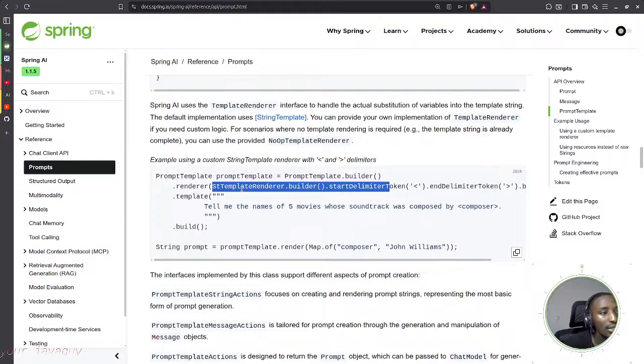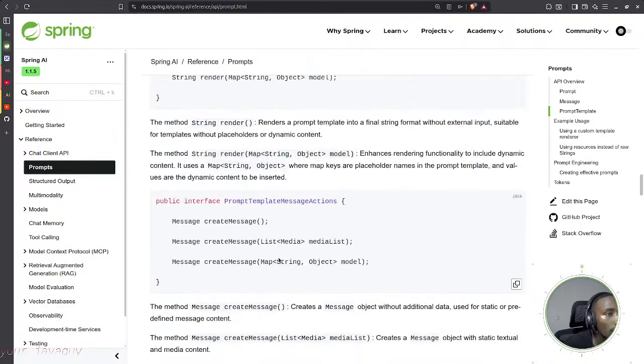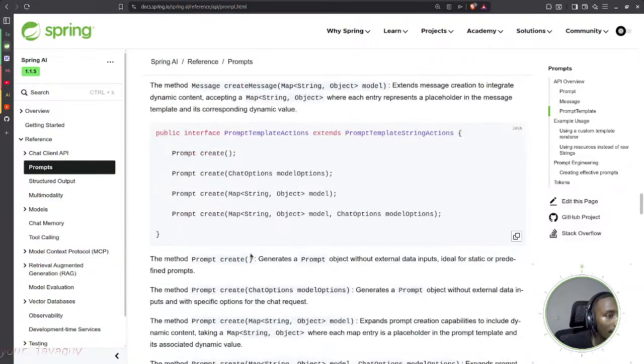But if it's using the string template renderer, you can pass your own delimiters, which tells me that when I meet these angle brackets, it means, okay, this is, for example, the composer, and then I'll map the composer to this. But this is a lot of work in all honesty, which I wouldn't want you to do. So there's a bunch of things that happen there. I don't know if we should go through all this, but